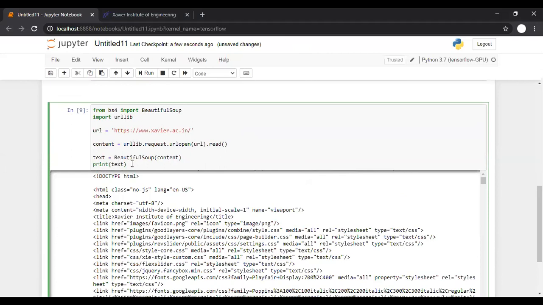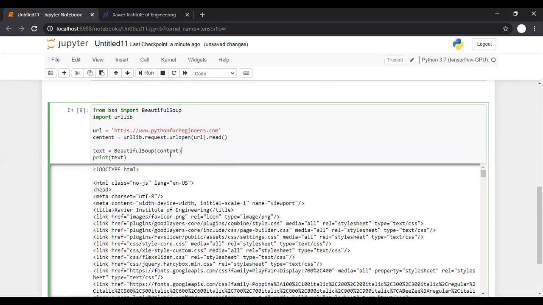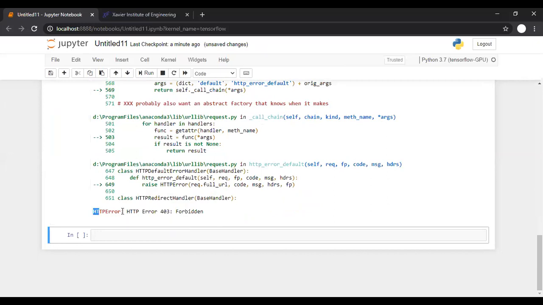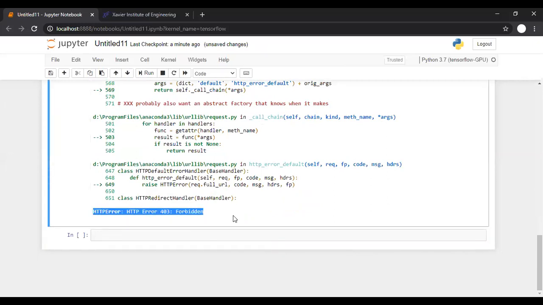And if you want to avoid that, because some pages you are able to access and some pages you are not, because of the firewall setting at the server side, then simply avoid using Beautiful Soup in combination with urllib. So I guess now you know what the problem is. The major problem is the requests are blocked by the firewall, and they will give you the error HTTP Error 403, that is Forbidden.